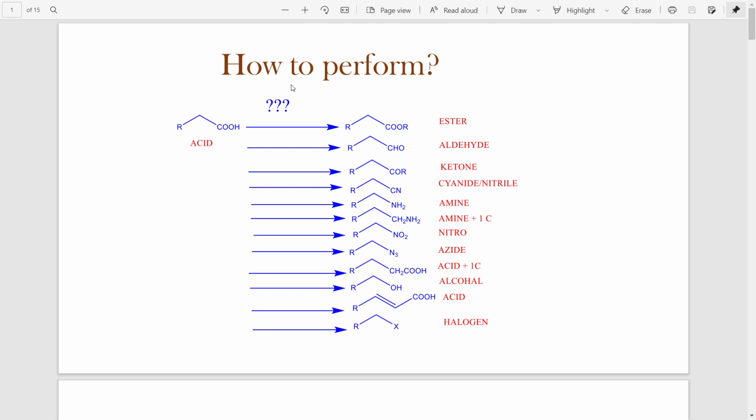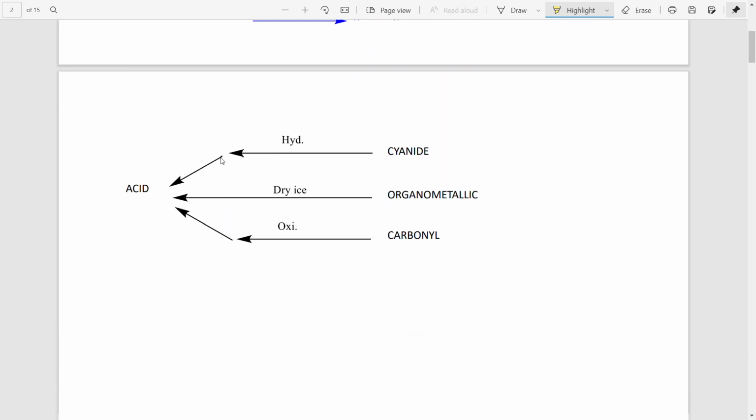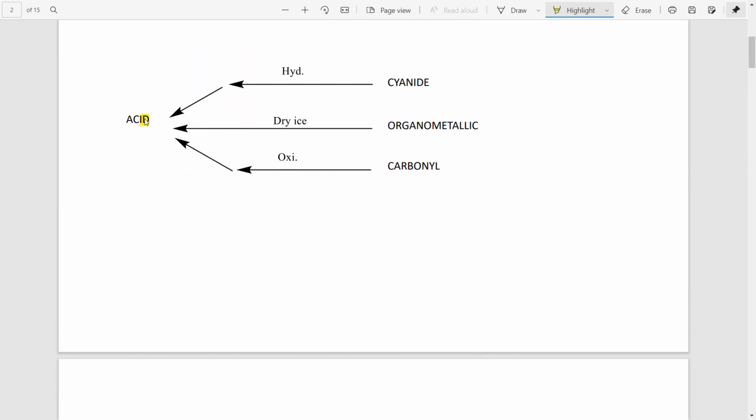How to perform these kinds of conversion from acid to various kinds of functional group, that is, taking acid as a starting material. First, let's see how acid is prepared. Acid is generally prepared by hydrolyzing cyanide compound, but you also can use other ways, that is, dry ice